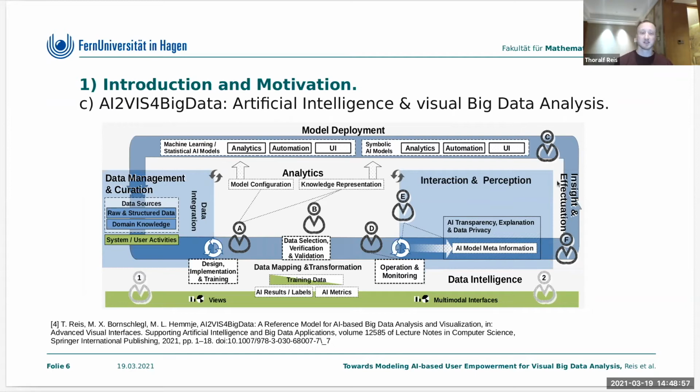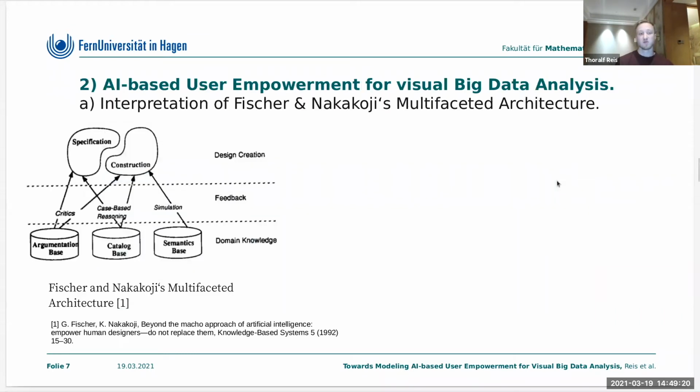And on the other hand, visualized on top with the model deployment, how we can apply AI itself, models, in order to analyze data, in order to automate workflows during this visual big data analysis, or to improve the user interface. And on the latter aspect, the improvement of the user interface is what we focus on with our short paper we're presenting here. For this, we strongly rely on the multifaceted architecture presented by Fisher and Nakakoji, which consists